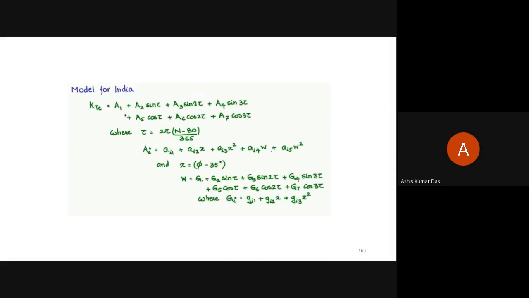Water vapor content of the locality, and we have included that into the effect of the coefficient component of AI. What is x? X is the latitude in degrees minus 35 degrees. So this set of definitions gives a very good accuracy of the estimated clearness index. Now, how to get this water vapor content?